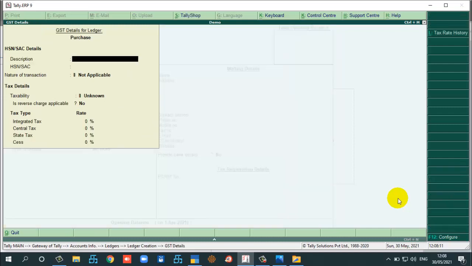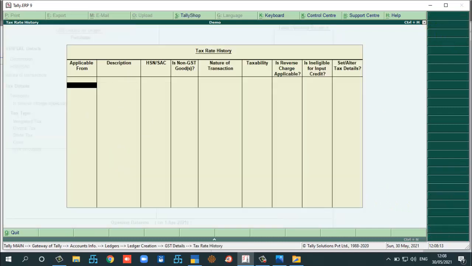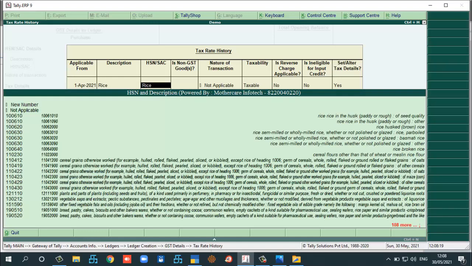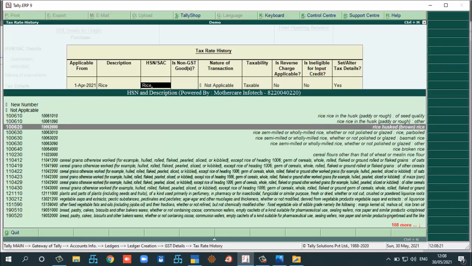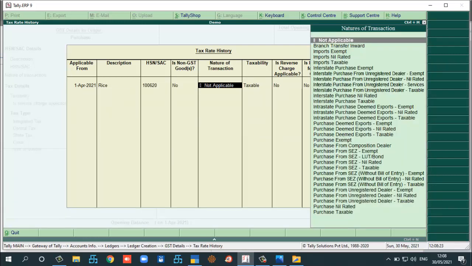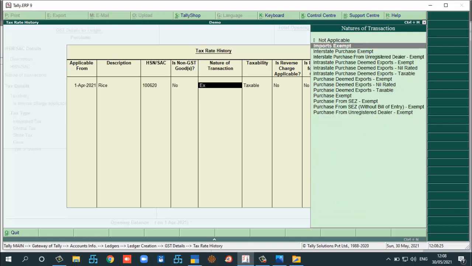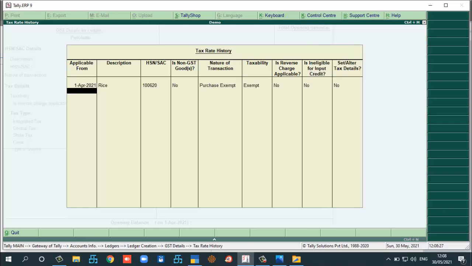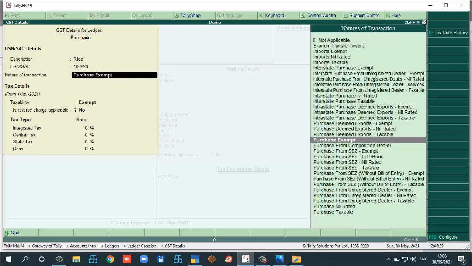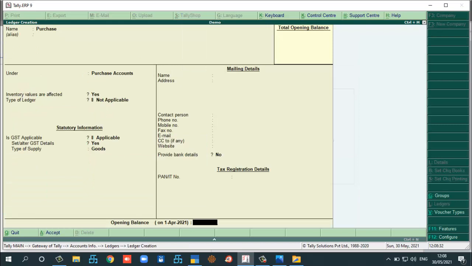So I can take rice, exempted, as goods, and for service also we can take.